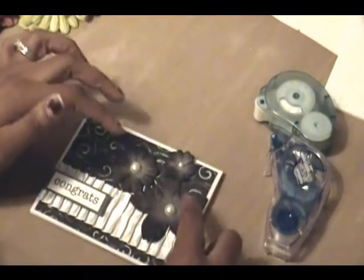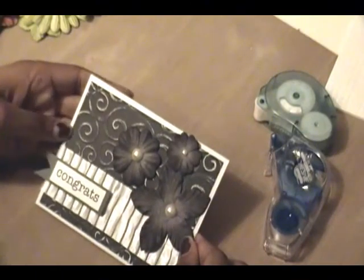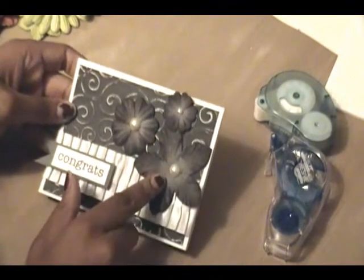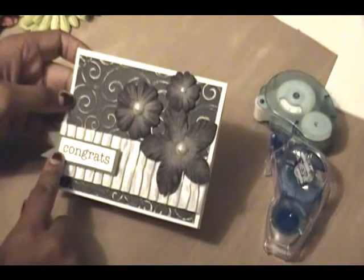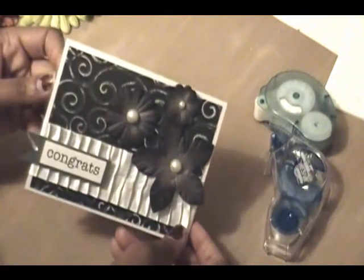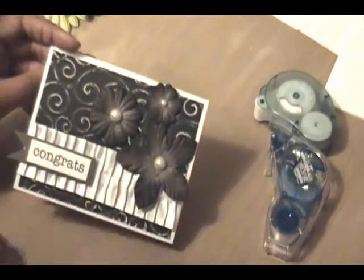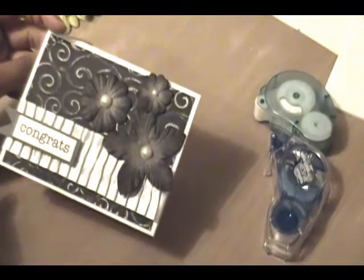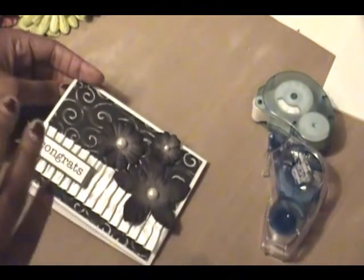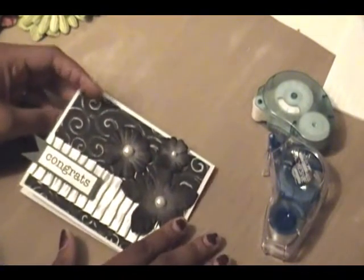Alright, so what I did is I chose 3 of the Petaloo flowers in a couple of the different shapes, and I added them to my black and white Coordinations cardstock in the back. Added a couple pearls to the center, and then we added the cinnamon off to the side before. This card is so quick to do, and I mean, you could make 20 of these in like an hour. If you just sat, you embossed everything all at once, and then you sanded everything. The sanding does kind of get a little messy, but if you have like a damp rag or something like that nearby, or a cheesecloth works really well to just wipe the dust away, then you shouldn't have a problem